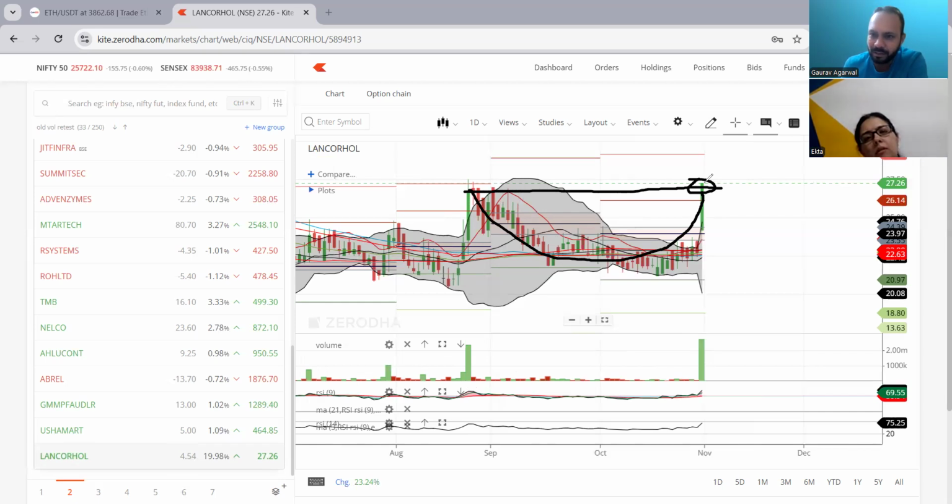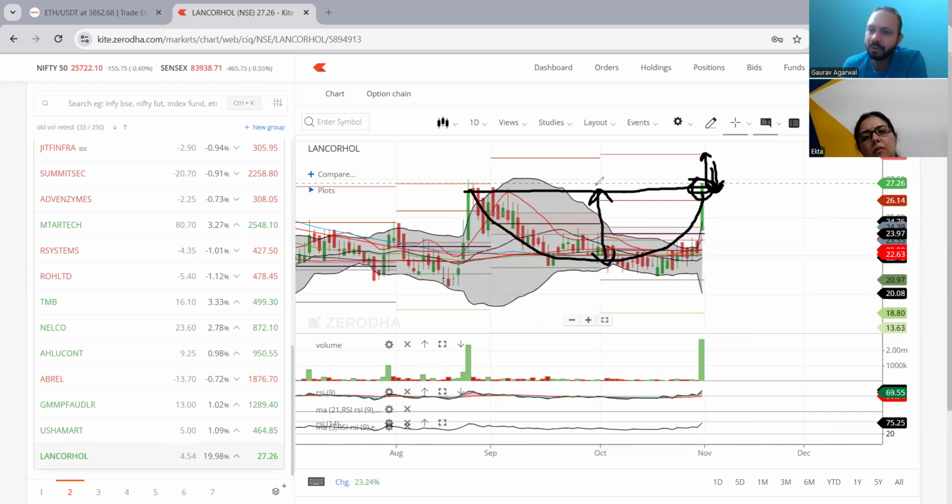Most of the traders will enter here, but if you have entered earlier, you can exit here and enter again, no problem, because this is going to go more, again 20-40% from here. If this is a rounding bottom, from here it could also come down, and we'll do a breakout retest here. It is very near to the breakout, so maybe next week it may form one more candle like this, and then it will give a breakout retest after that.